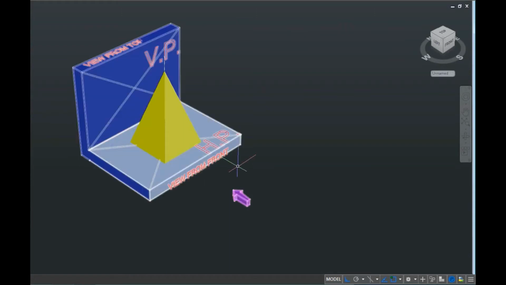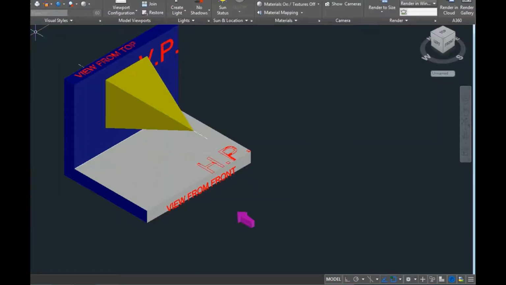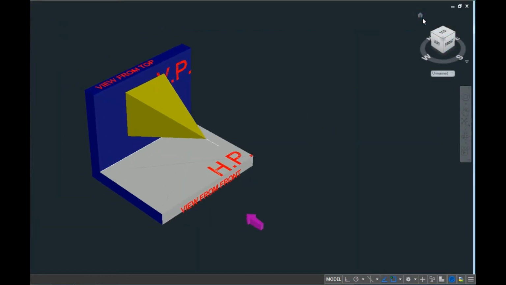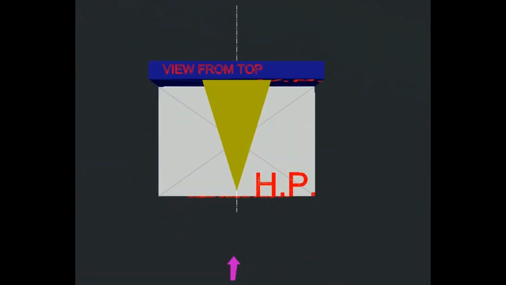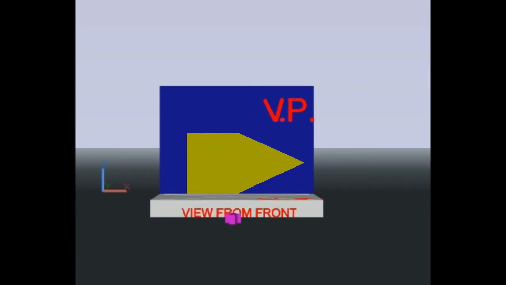Now on your screen, the square pyramid is directly resting on the horizontal plane. But in this question, angle is given with respect to the VP. So we will first assume that it is directly resting on the VP with its base. So I will make this square pyramid to rest on the VP. Actually, it is not. It is just an assumption. And the front view will be a square, top view will be a triangle. We will draw this first. So this is the top view, but here the angle is given. So I am rotating it with respect to VP. This is going to be a final top view triangle. And in the front view, you will see something like this.